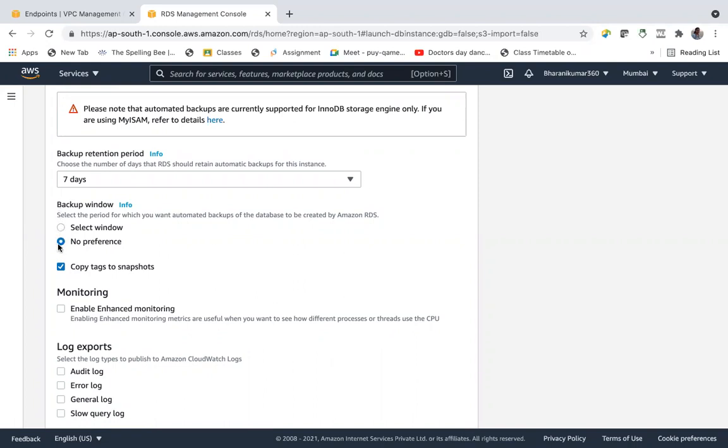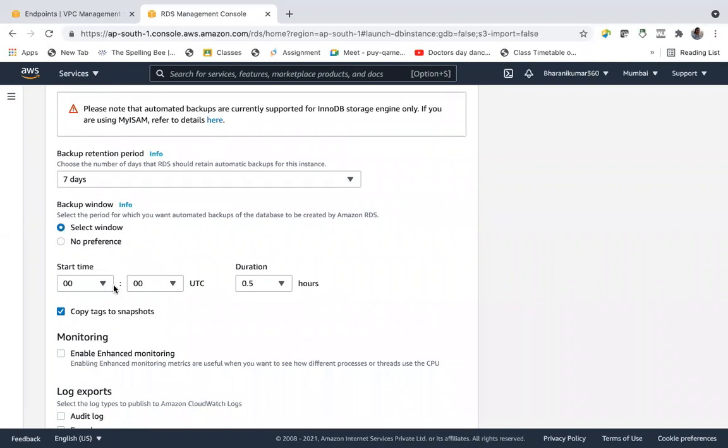So let's select the window. Say, for example, I want 23:30 hours, within this time period, I want a database backup to be executed.